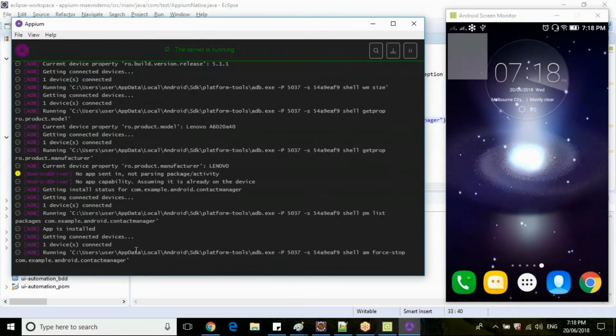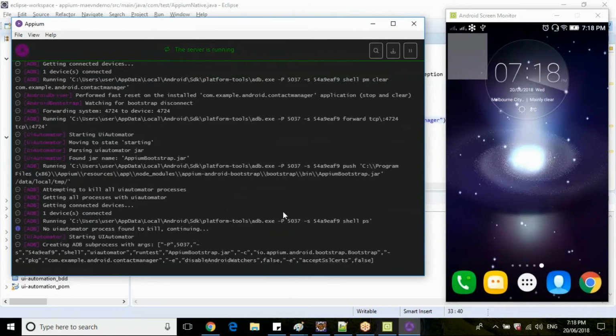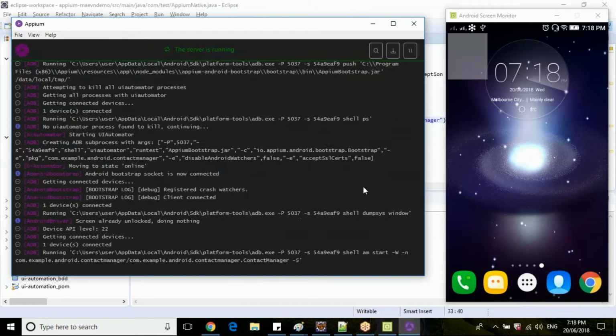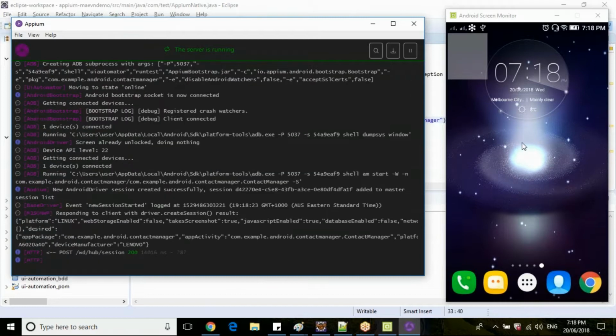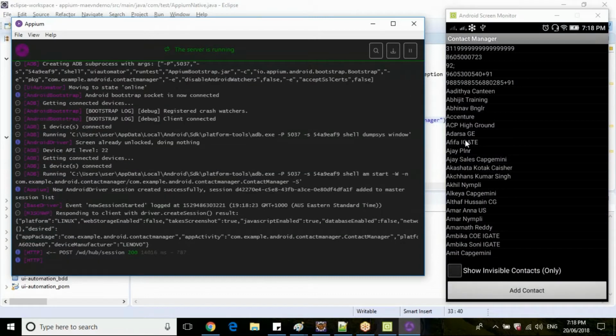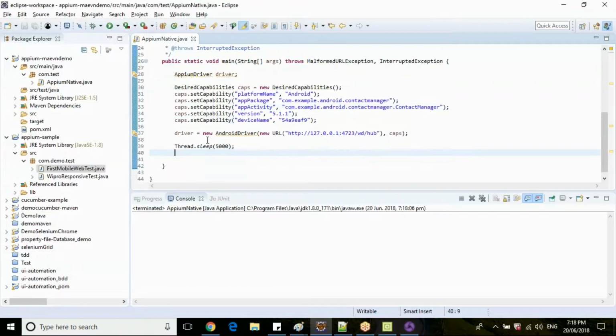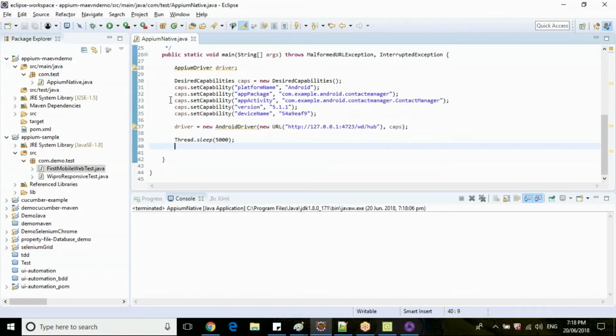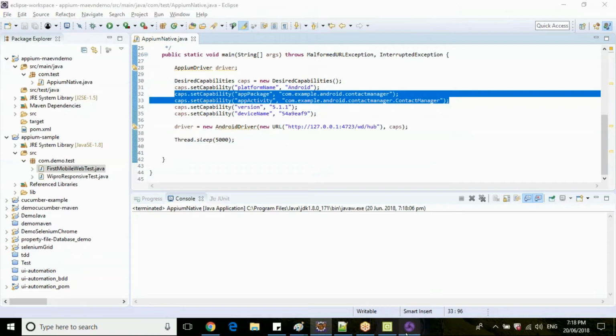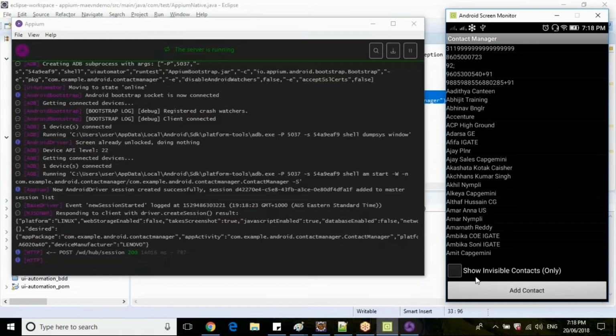When you are executing your mobile scripts, APM will install one sample application. Don't worry about that. It has automatically launched the application. I have not written any code to launch the application, but it has launched it. From here, you can start writing your code.